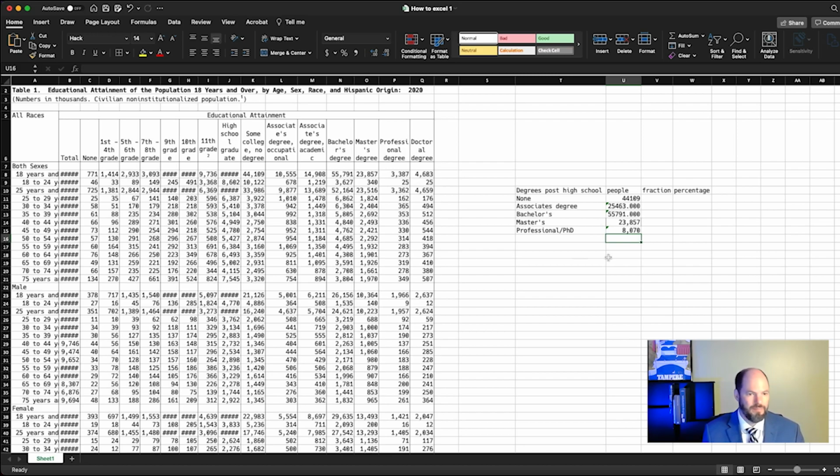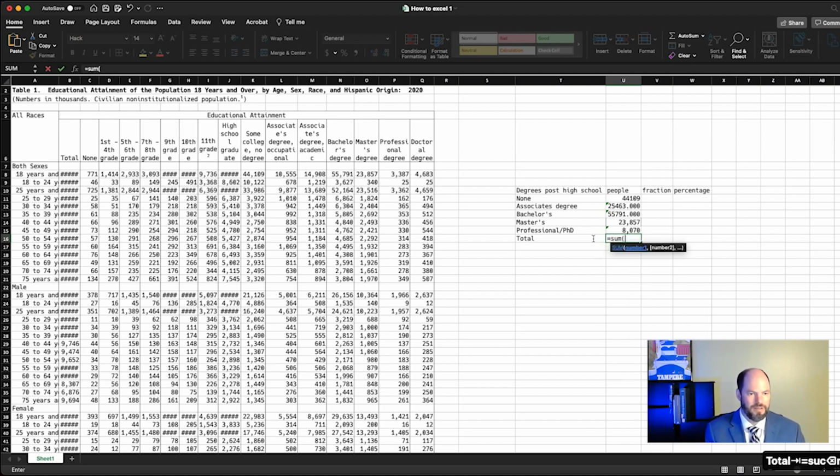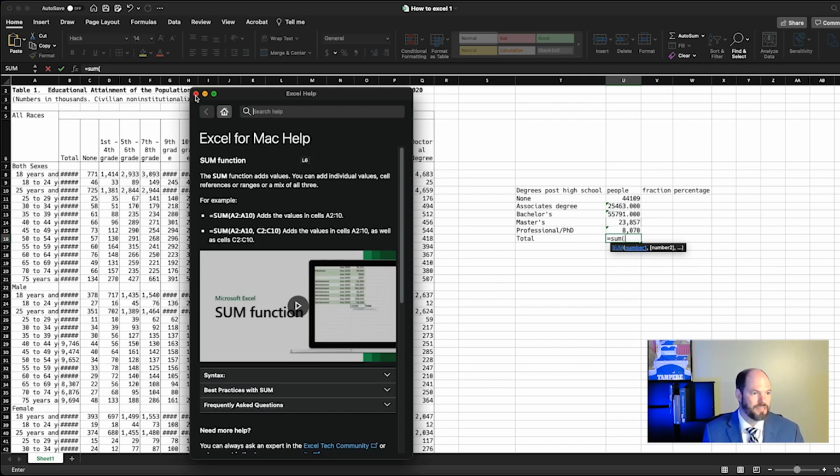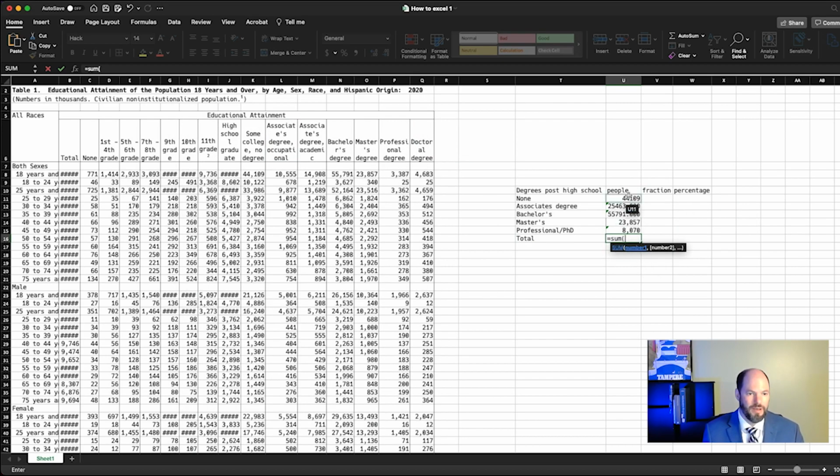Something that can be useful to do sometimes is to make sure that the totals make sense. And so let's also just add another row here that says total. And now you can see where the sum comes in handy. So I say sum parentheses, and you'll also notice when I type a formula and hit parentheses after a command, it gives me a hint, so that's a nice way to access and understand what these functions are doing. But now I just want to add up these here. So I'm going to just click and drag and hit return. And then I have